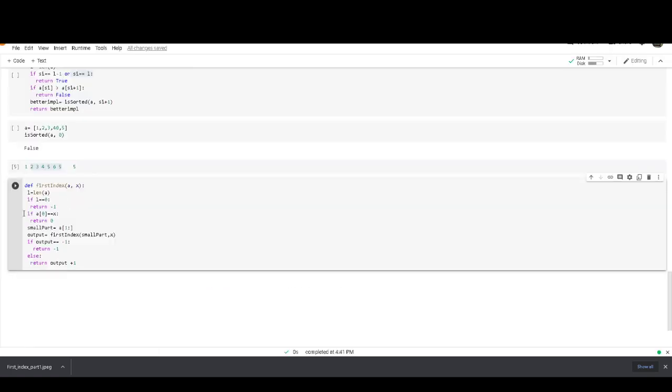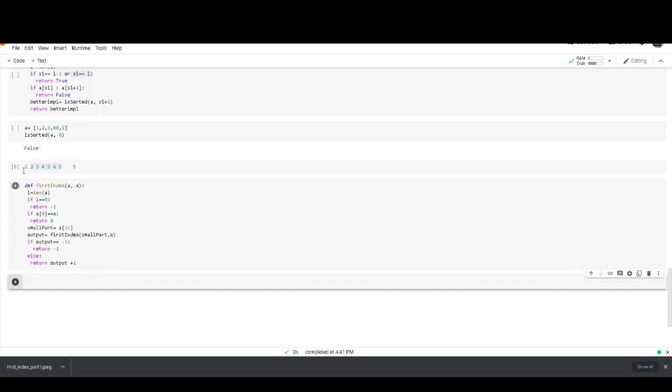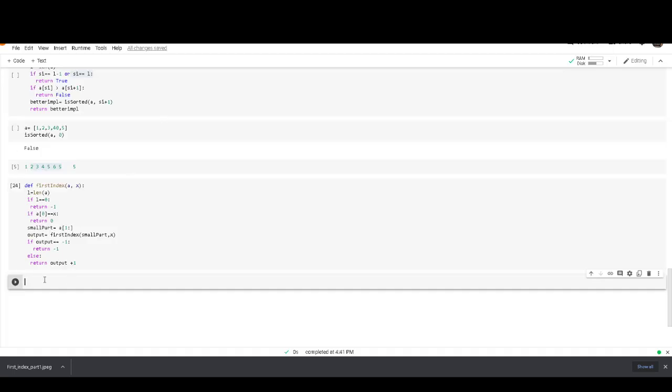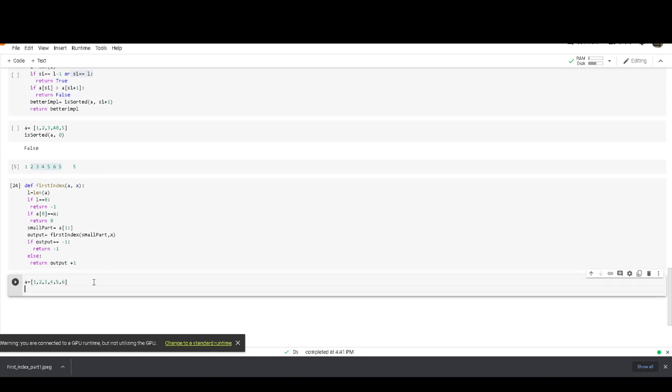Okay, I hope I got it. And yes, so let's run the command first to verify our output.